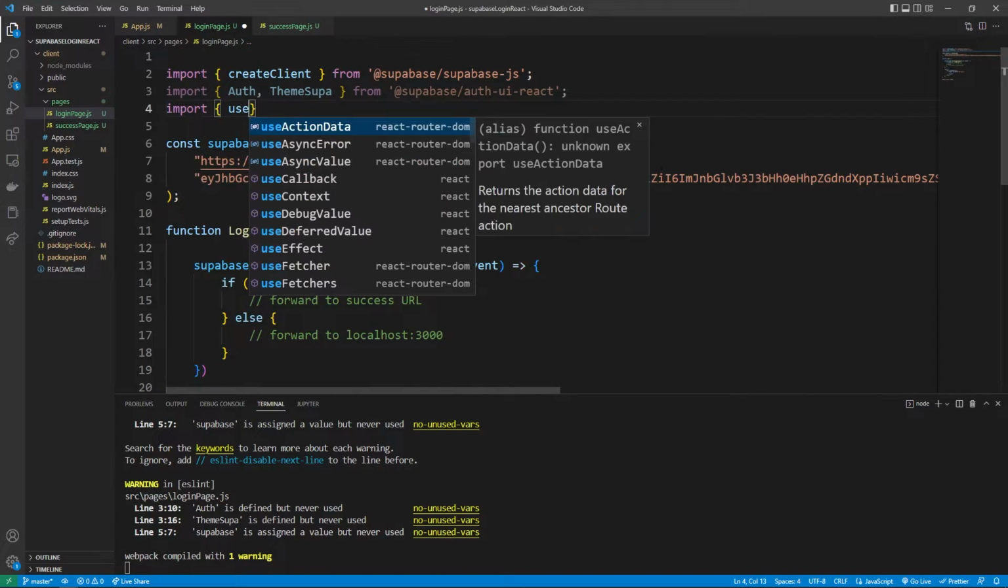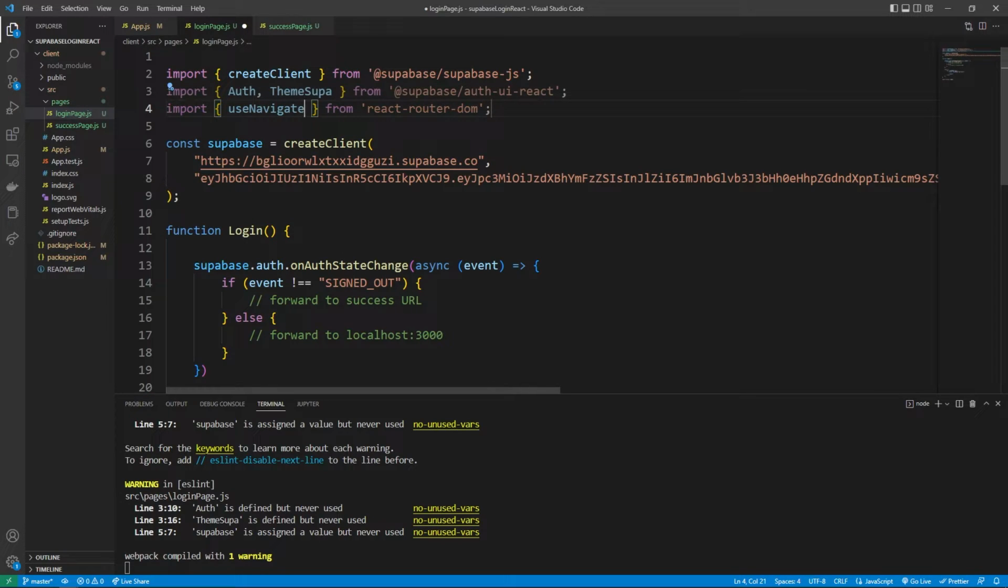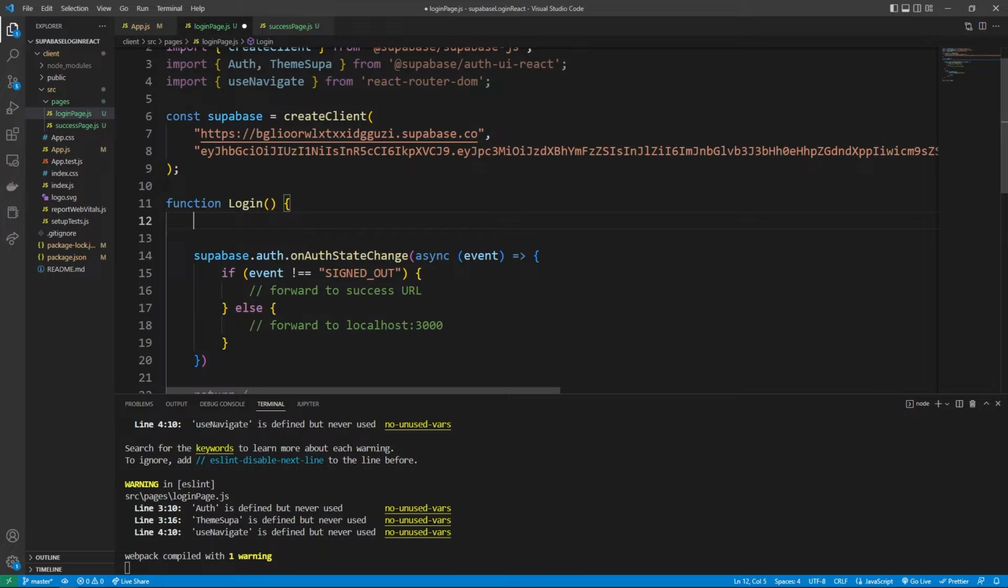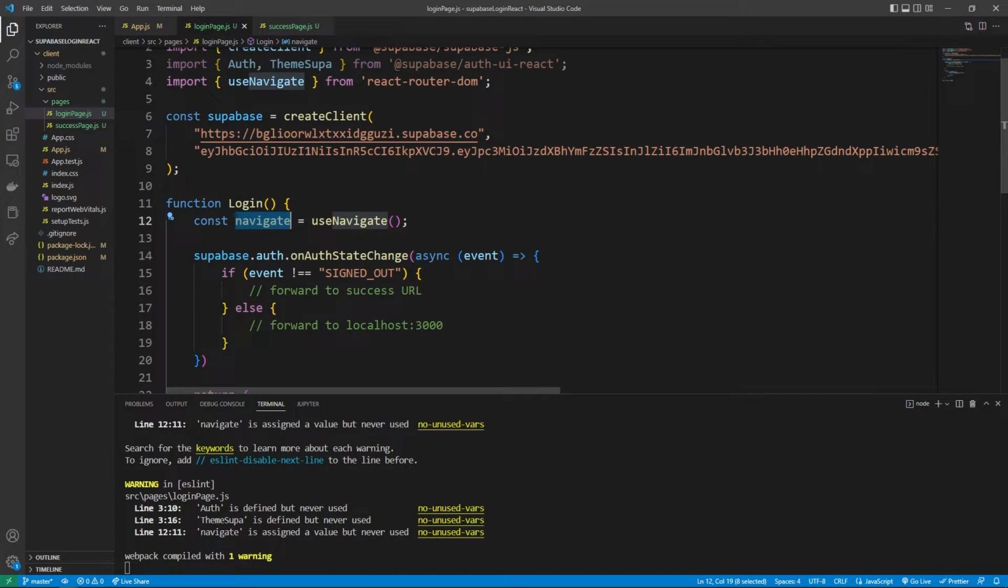We can import useNavigate above from React Router DOM. So useNavigate helps us with the React routing. And we have to define useNavigate as it's a React hook. So we can say const navigate is equal to useNavigate like this. And this gives us access to the functionality to move our user around and send them to different